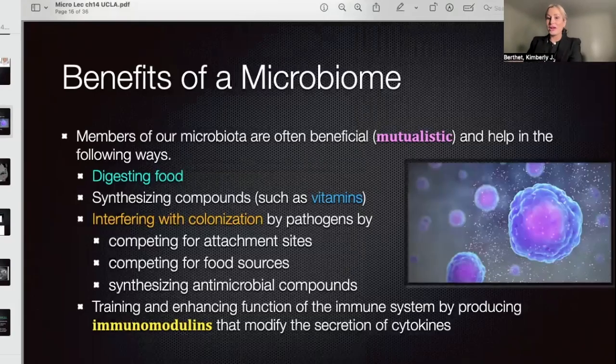Okay, it has a lot to do with hygiene too. Looking at the benefits of the microbiome, again, it's a mutualistic relationship. We're benefiting from the microbiota. We talked about training the immune system, providing vitamins, providing additional calories. We have all of these benefits, and we're providing them with a home. A safe home, essentially. They're being protected from any other microorganism that would want to break them down and consume them. So protection is beneficial for them.